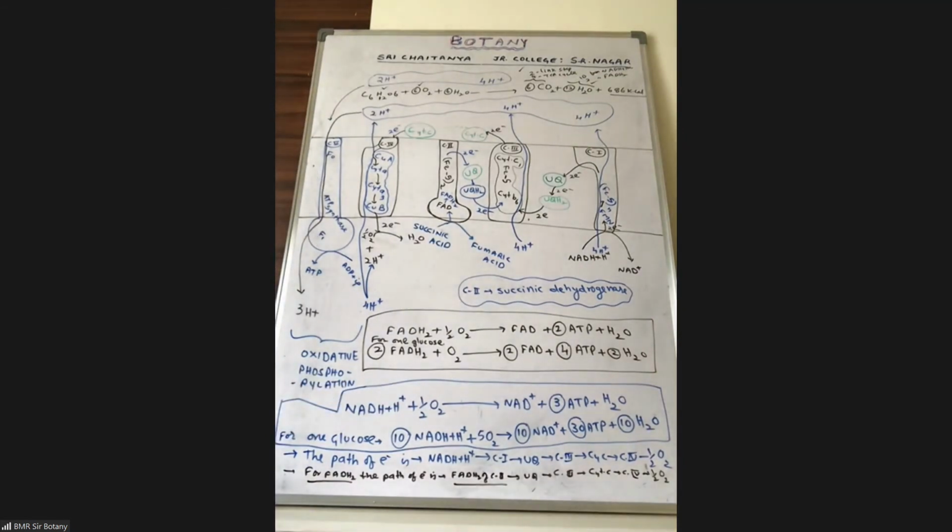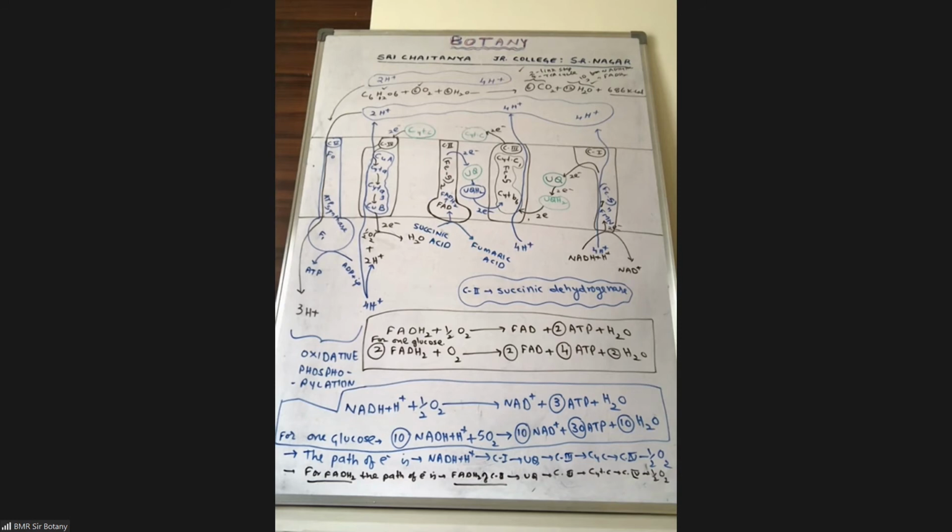See, Nana, 2 blocks. If the substrate is FADH2, the path is different. If the substrate is NADH plus H plus, the path is different. Sir, how are the remaining 4 ATP earned? Remaining 4 ATPs, remember Nana? You are getting 2 from the TCA cycle by SLP, substrate level phosphorylation. And you are also getting 2 net gain from glycolysis by SLP.